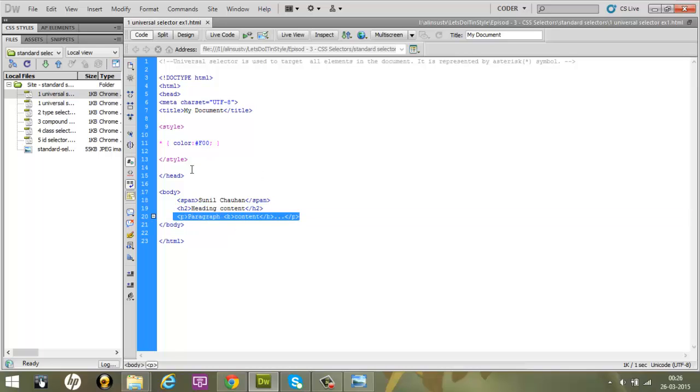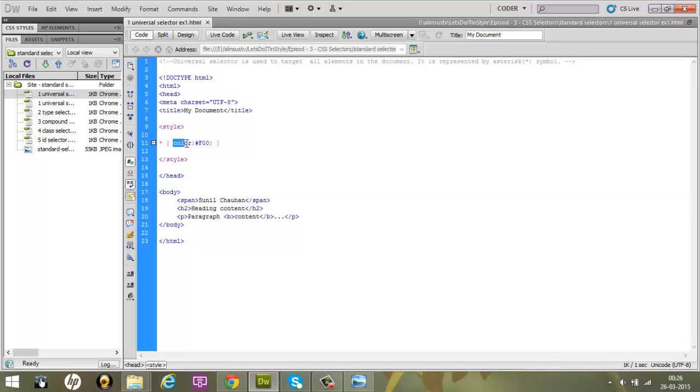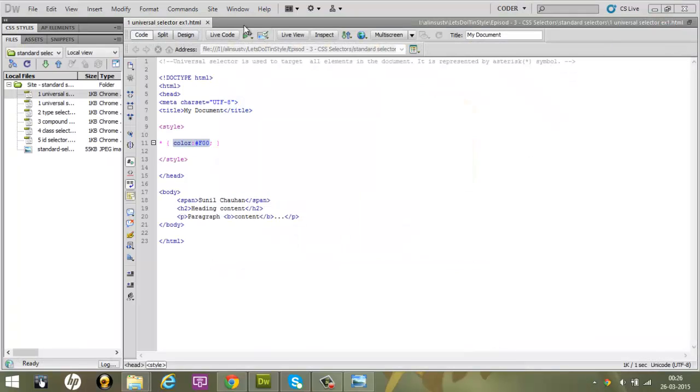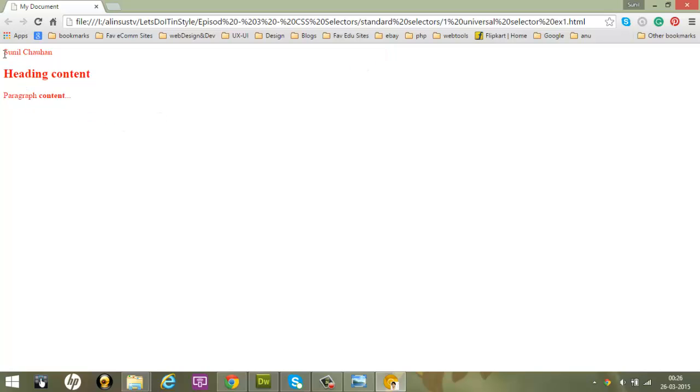So I am going to use Universal Selector, which is represented by asterisk, to call all of these and style them accordingly. So in this particular instance I am going to give them a color of #f00, which is red, I guess. Okay, so let me preview it in browser, and you can see we have got the styling of red color in all of the tags inside of my